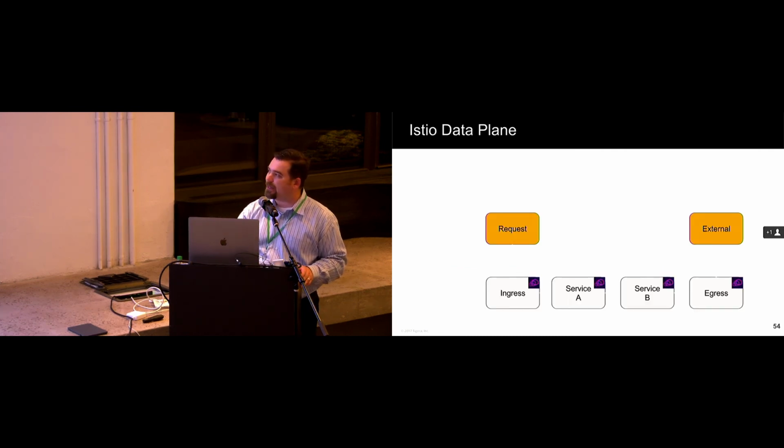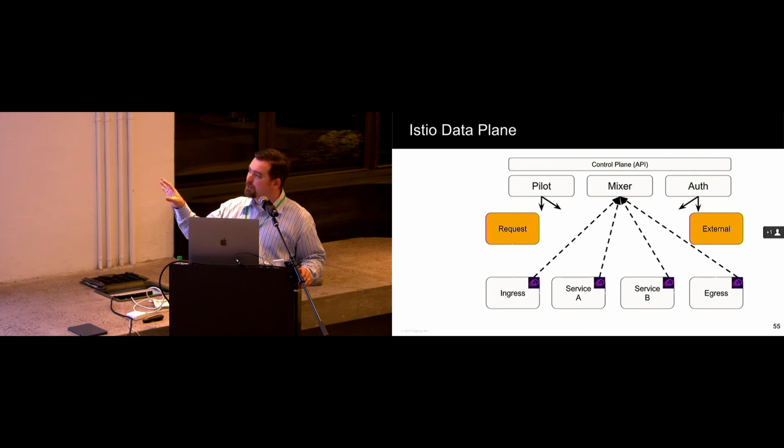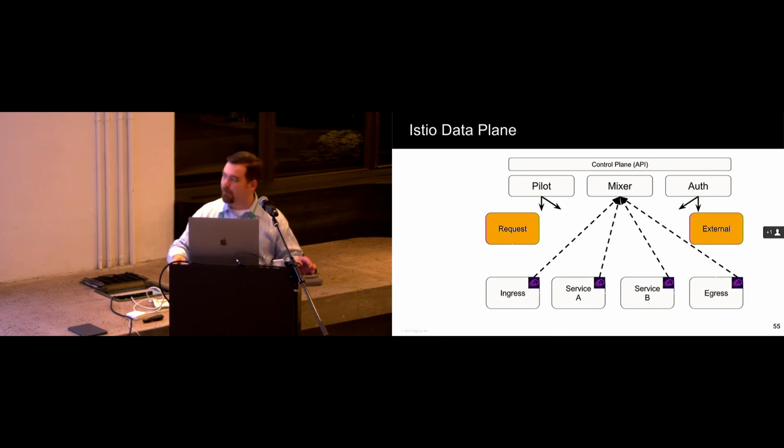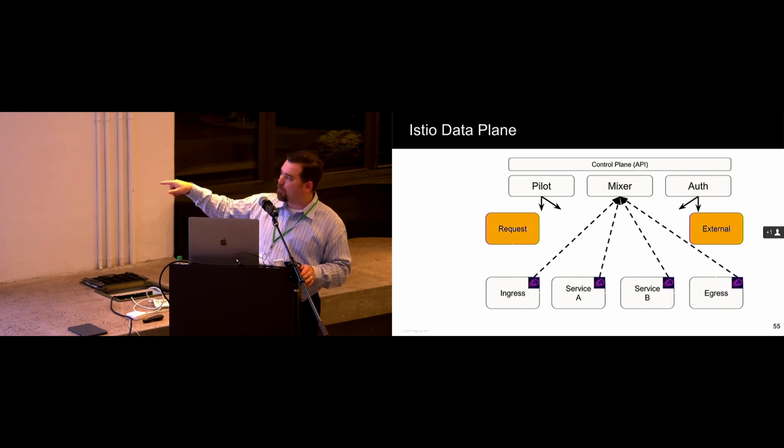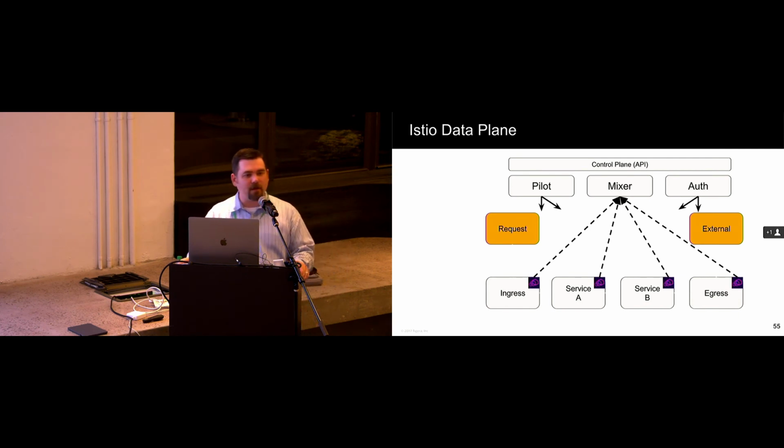So if we look at a request, before a request comes in, things get set up, right? The pilot sends all the configuration to all the different participants. In this case, I've got both an ingress and an egress proxy. I do want to point out one thing with this egress proxy. It's a cool thing for a lot of enterprises, right? Because nobody's going to do a massive 100% migration to an orchestrator. You still got legacy systems running. You've got databases running. You've got older Java application servers running. The infrastructure is always going to be heterogeneous.